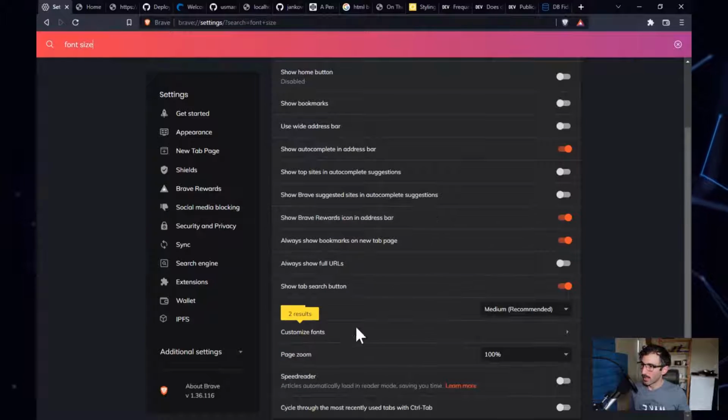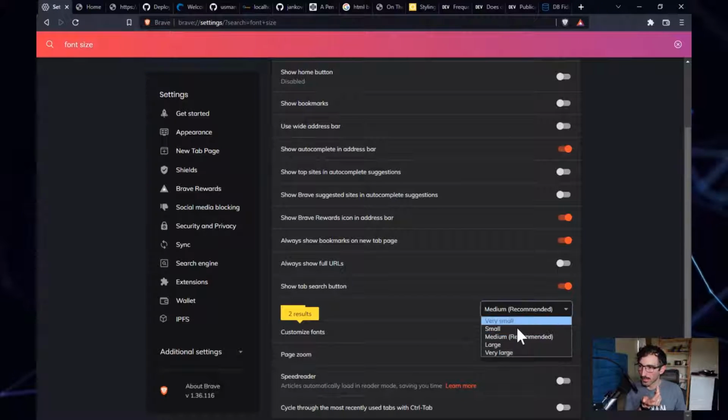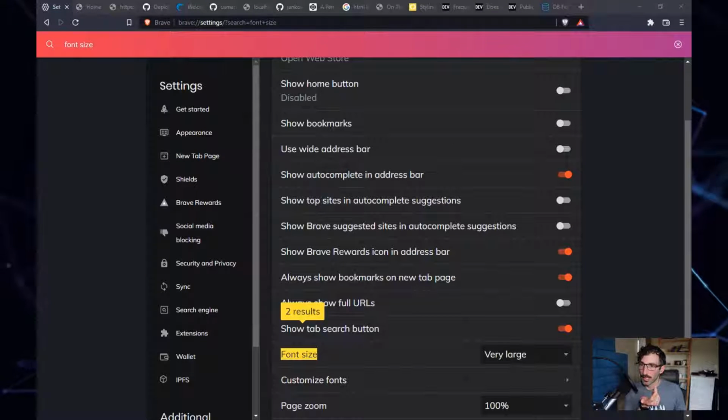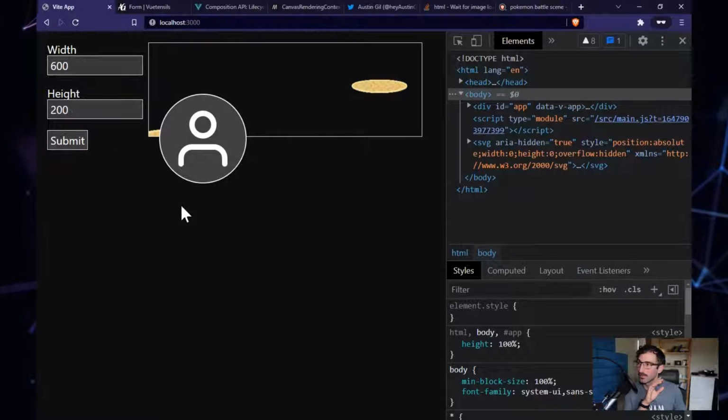Here we go. If a user goes to their settings and they have maybe some visual impairment where they can't see small text, they might want to change their text to a very large size, right? If you set your sizes to pixel, now you can see, I don't know if you can actually notice, but my browser font size here is actually much larger than it was a moment ago. And so far, everything responded kind of the same way, where the padding,